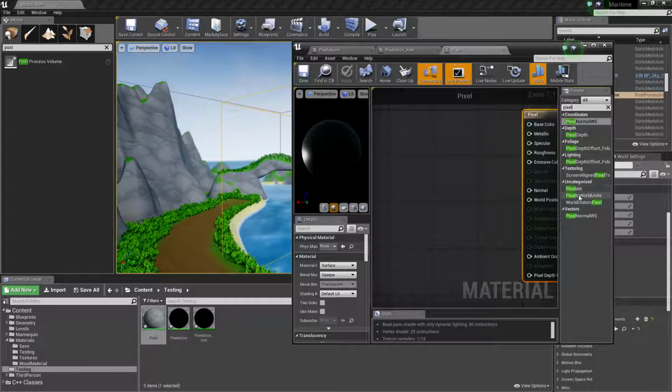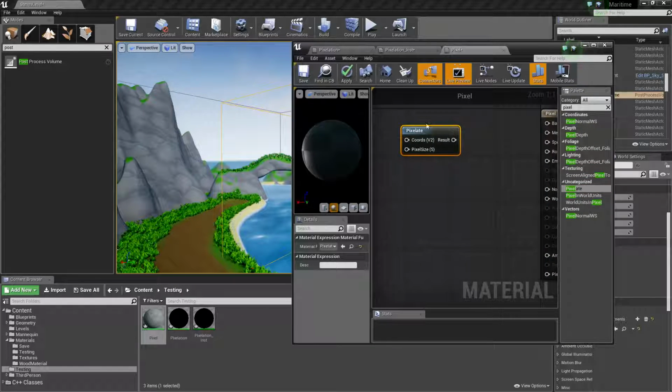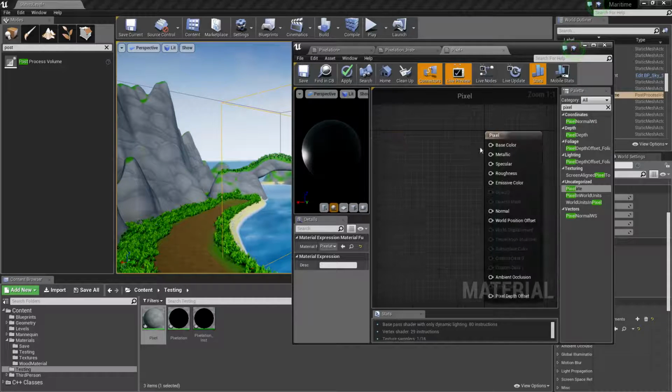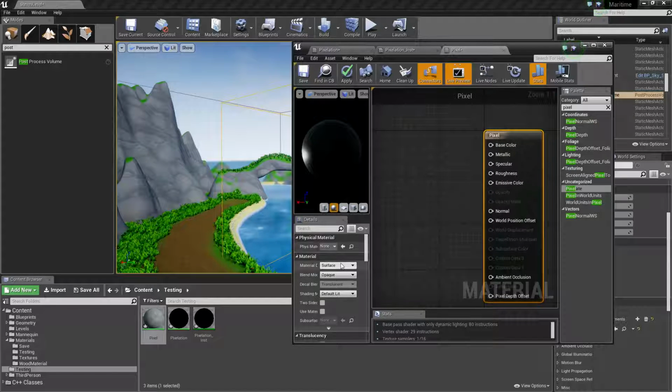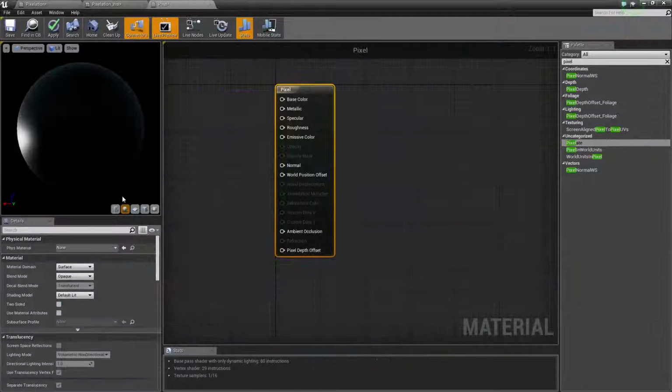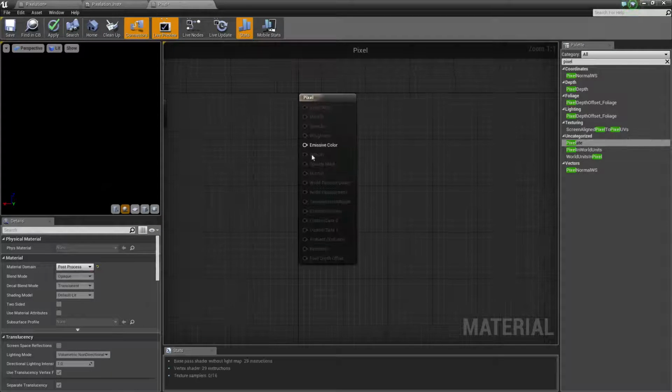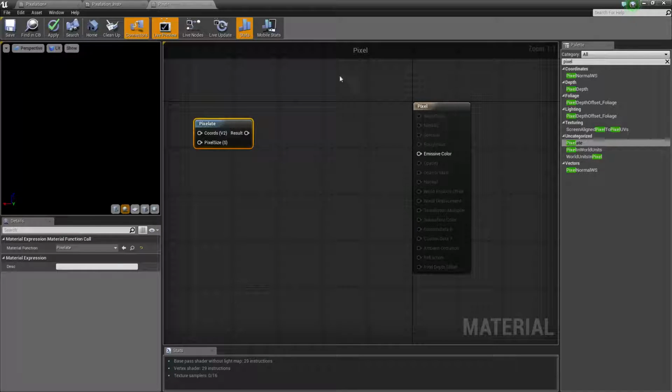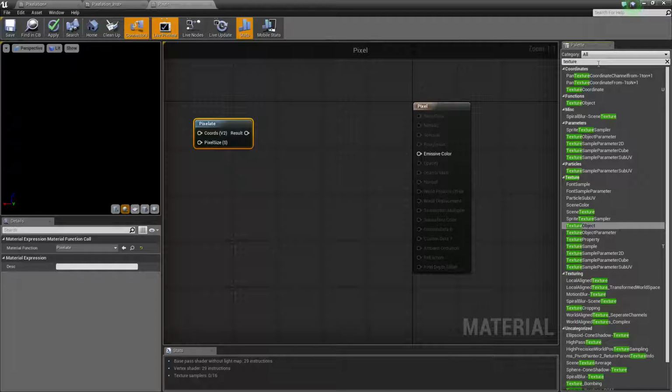I didn't even know this node existed, and what this does is it can pixelate anything you plug it into. But because we're doing it into post-process, click your material. Let's full screen this. Where it says your material domain, click that and turn it to post-process. So you can see only the emissive color comes up that you can plug stuff into. So the next thing you're going to need, if you type in texture on here,